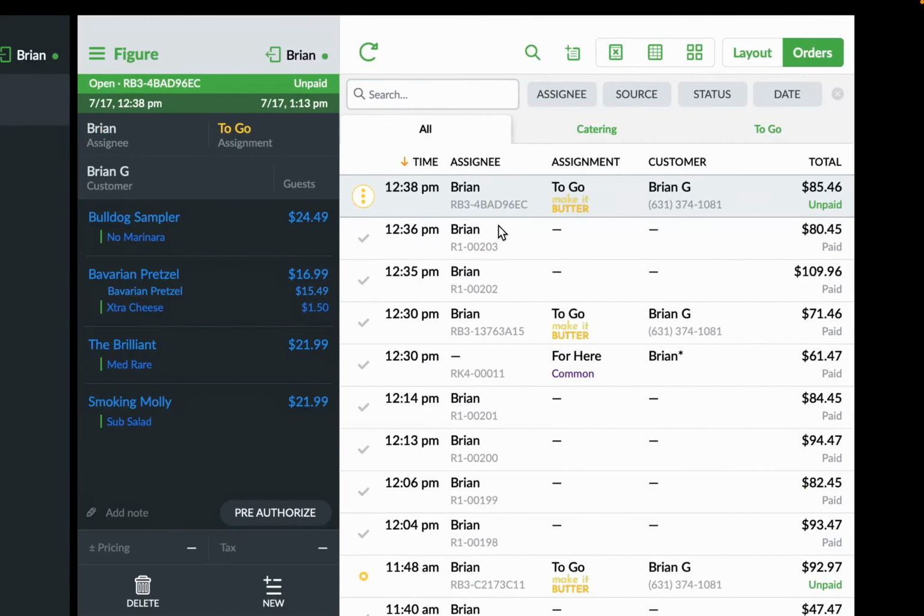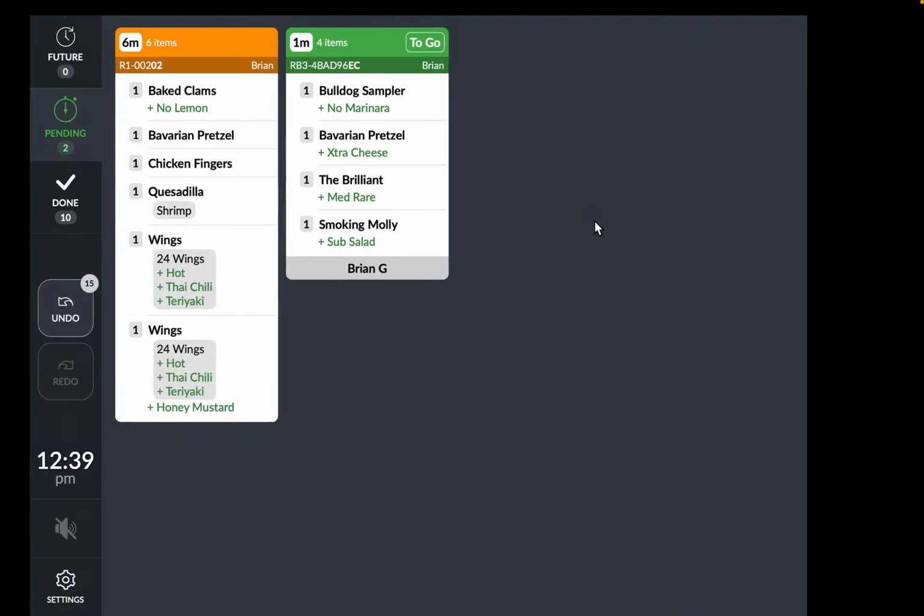Okay, and heading back over to orders, if you do any integrations with Uber Eats, DoorDash, or Grubhub, the Make It Butter logo would be a DoorDash logo or an Uber Eats logo instead, and those orders will go right from the app straight to your kitchen, similarly how it did with Make It Butter. Okay, and we have another feature